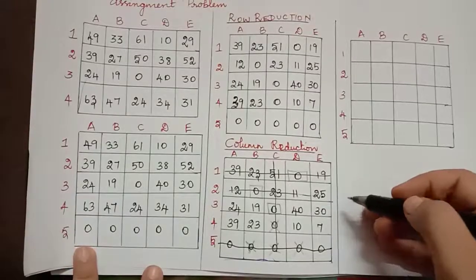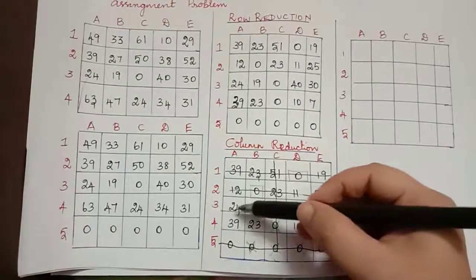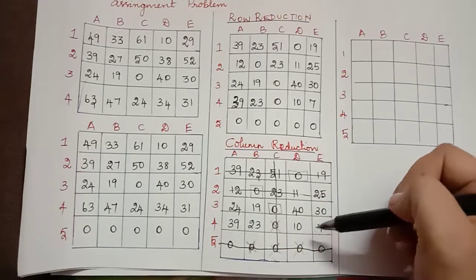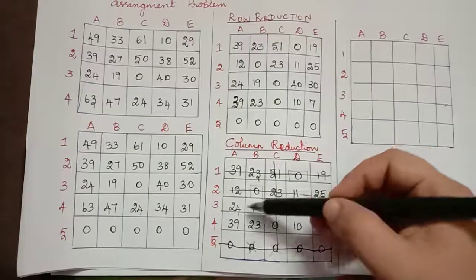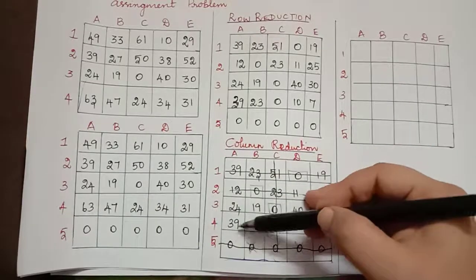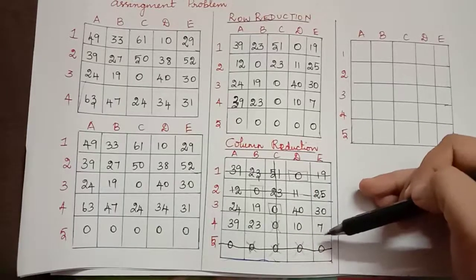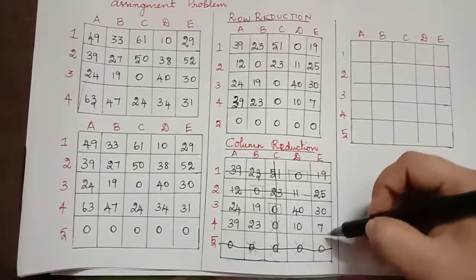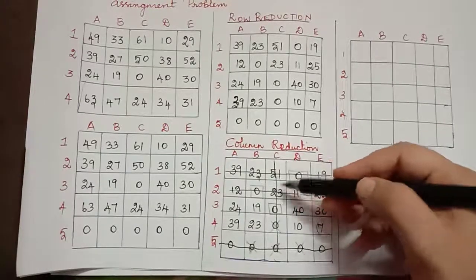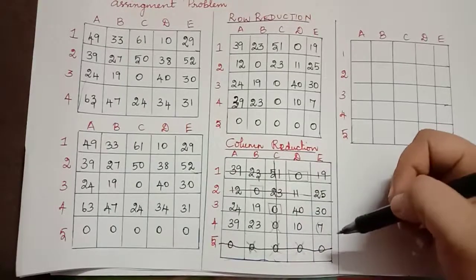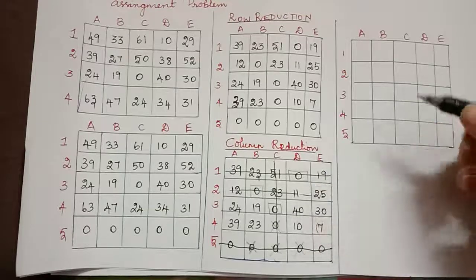Now the elements that pass under the line are called covered elements, and the elements which do not pass under the line are called uncovered elements. Now we have to choose the least element among the uncovered elements. So 24, 39, 19, 23, 40, 10, 37 are the uncovered elements, and the least element out of them is 7. So now this 7 we have to add at the points of intersection, and we have to subtract it from the uncovered elements, and the covered elements will remain the same.